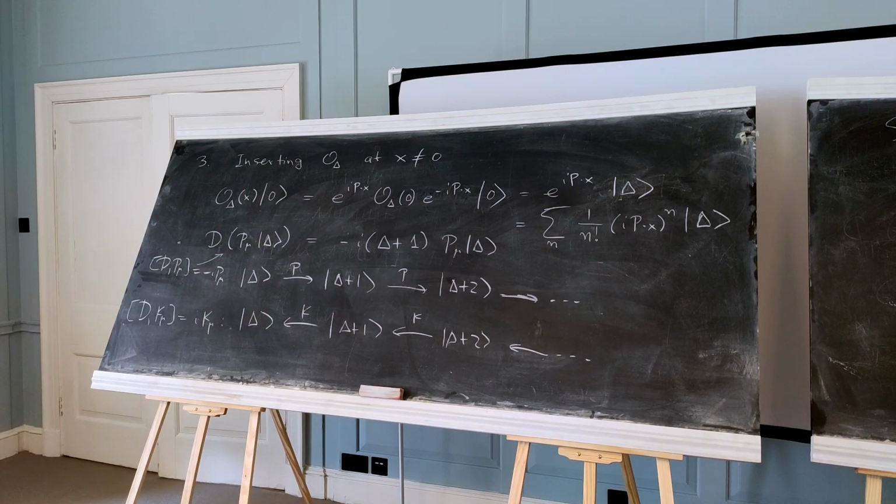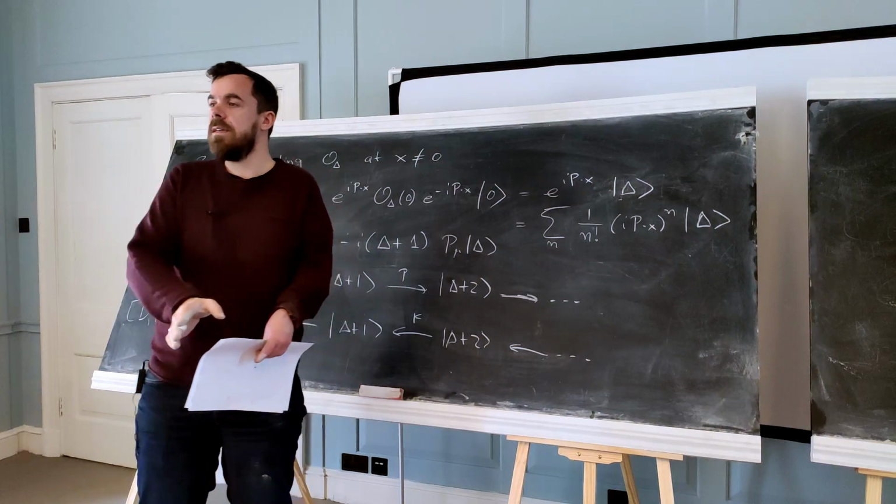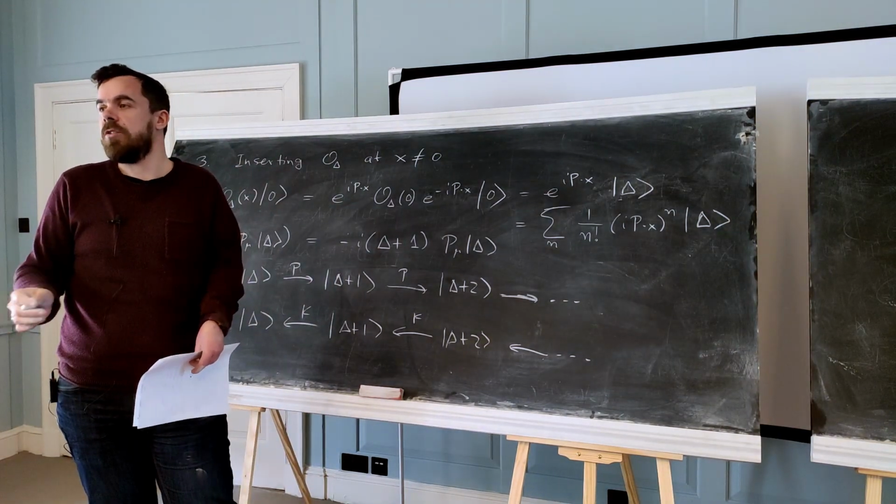So let's summarize this. We saw how we can start with an operator and generate a state. You take the operator, you insert it at the origin, and you generate a state. So for every operator, you can write a state. So maybe this is an operator-state correspondence. This is always true, right? You have a vacuum in field theory. You can take an operator, act on the vacuum, and you're going to get some other state, right? So it's not very special here.